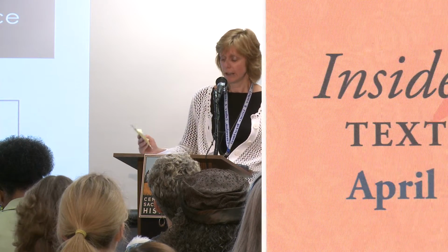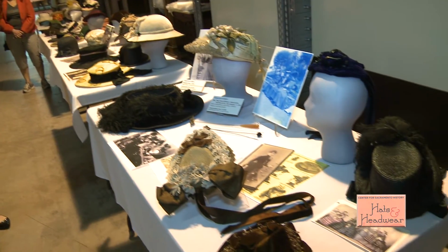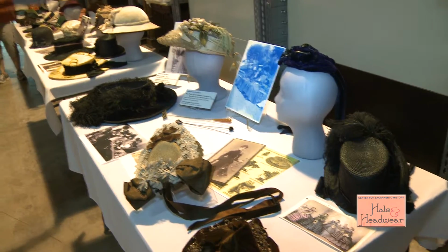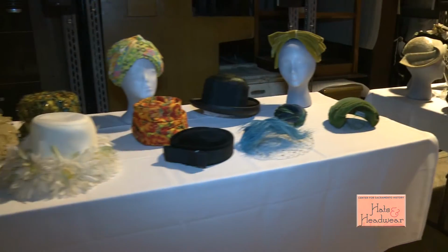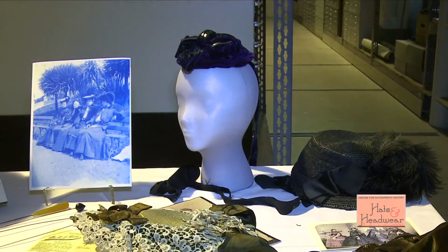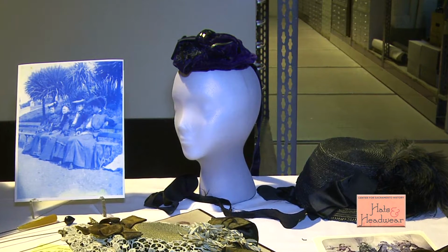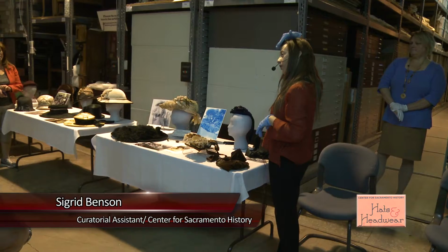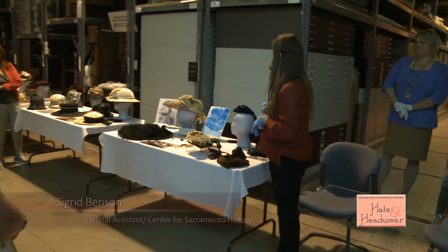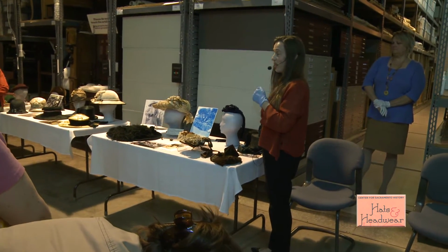as you go through. We have at this first table hats from the late 1800s. We'll move on to the teens and 20s, 30s and 40s, and 50s and 60s. So we have this beautiful example here from the 1870s. It's a blue velvet Mary Stuart style hat, and you can see the little point here that would have been worn low and forward, and that was named after Mary Queen of Scots and the style of headwear that was